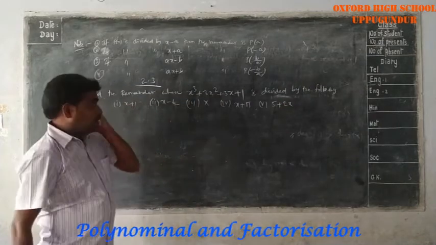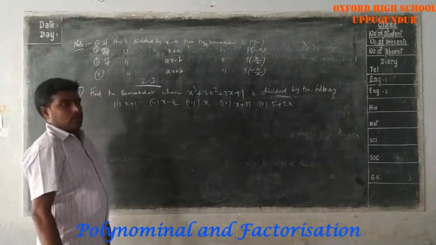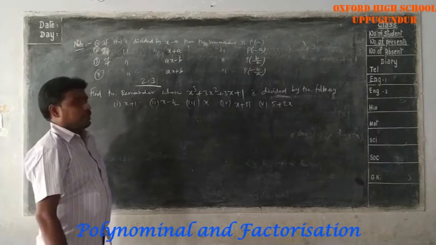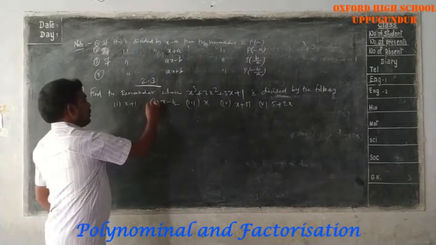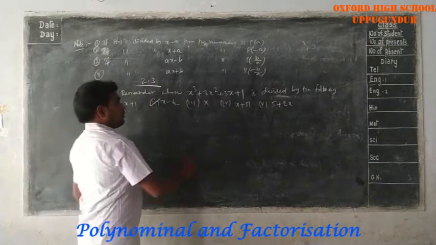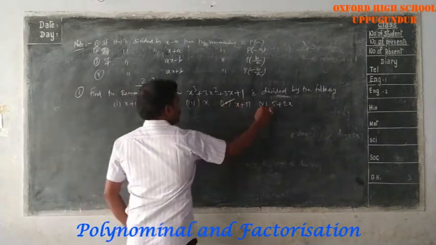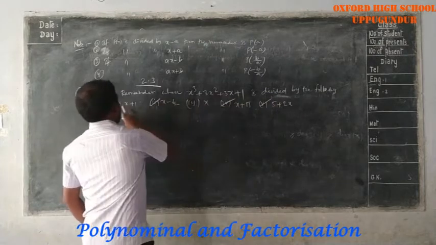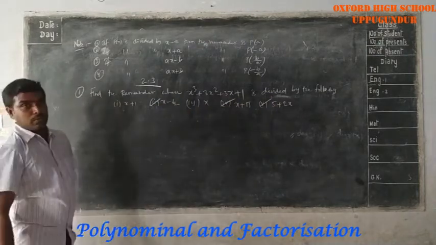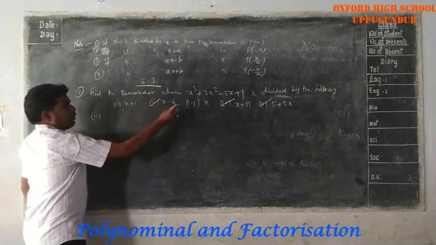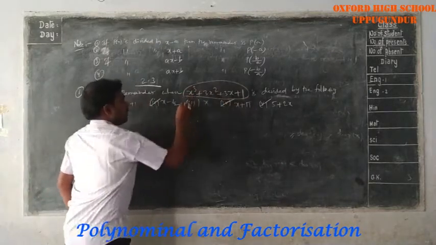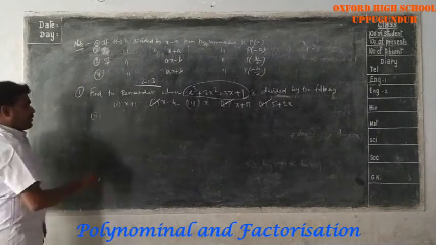Among these I will tell you 2 or 3 problems, the remaining problems you have to do. These 2 are in the same manner. I will tell you this problem. Next, among these 2 I will tell you this one also. The first and third problems you have to do. For the second one, first you have to assume this polynomial as any polynomial in variable x.